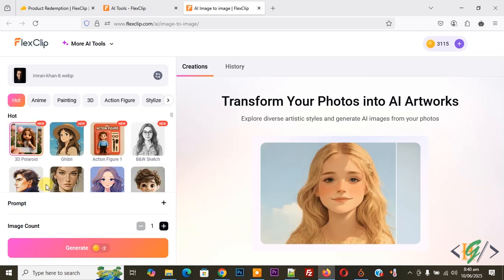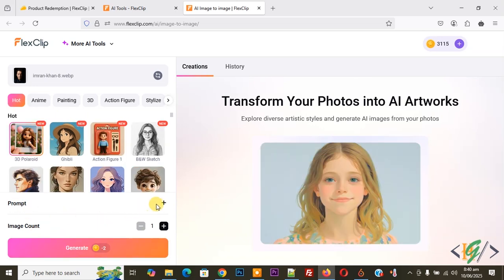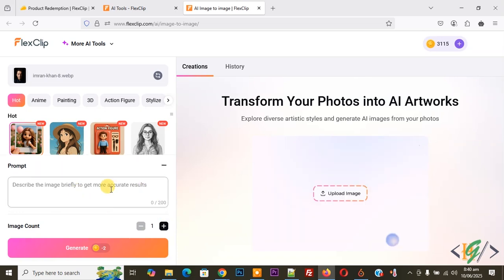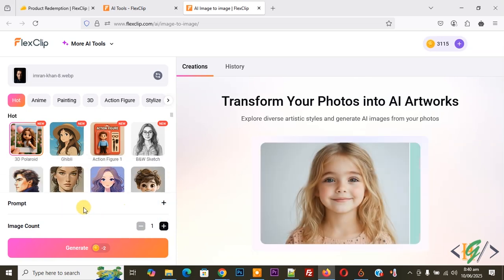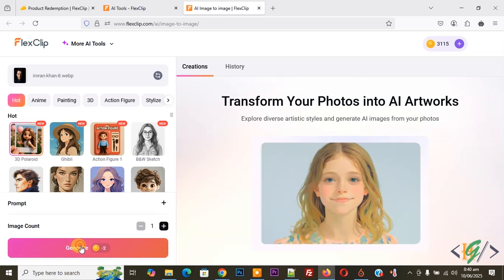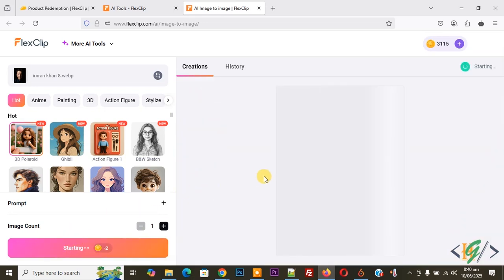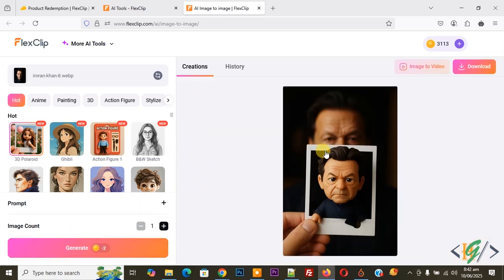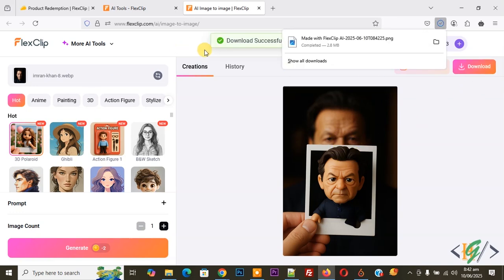So we select this, and then you see a prompt. If you want, you can add some instruction. Now you see, so it's up to you. And then you see image count 1, and then you see the generate button. So click on it. Now starting. Now you see image transform done, and then you can download it. So click on it, and then you see download